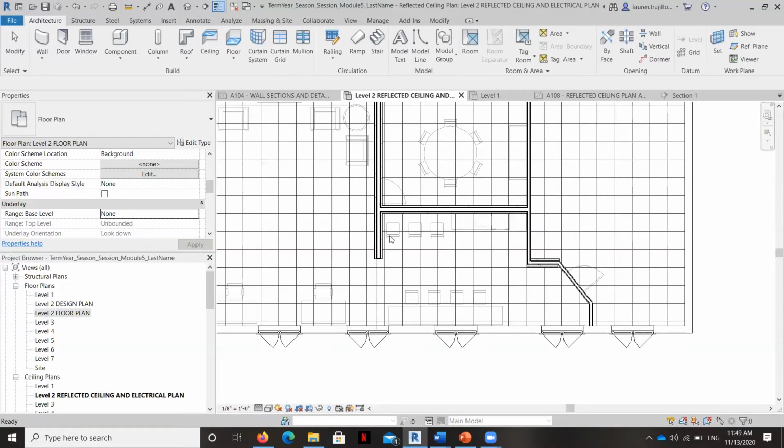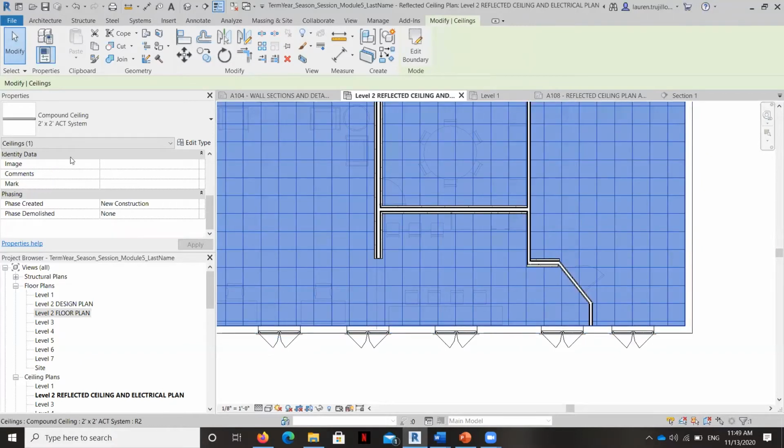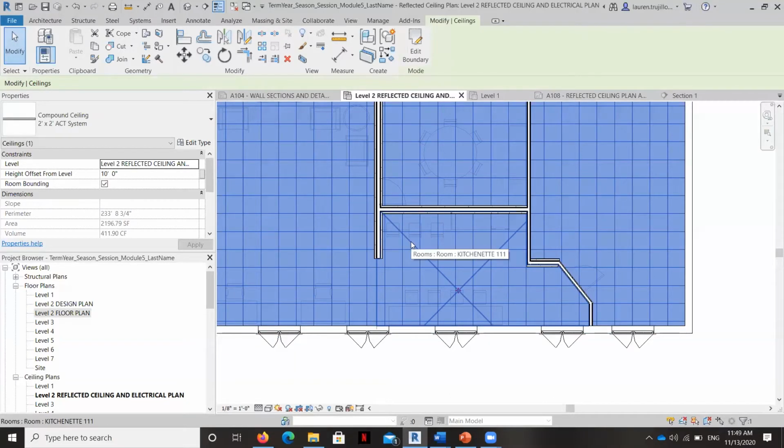So what I want to do is have a drop ceiling over this kitchen. And then I want it to meet up against this acoustical ceiling tile ceiling. So what I'm going to do first is take a look at the height of this ceiling here, the acoustical ceiling tile ceiling. I always want to call it ACT. So the height of that is 10 feet. So a drop ceiling here would look really nice at 8 feet.